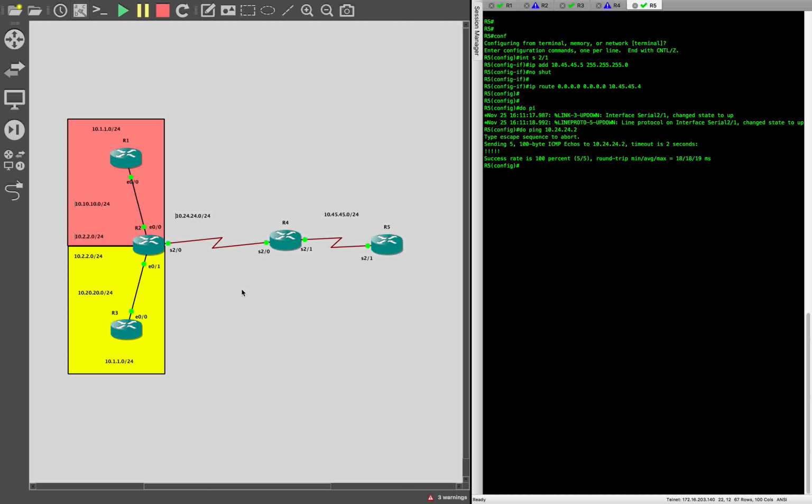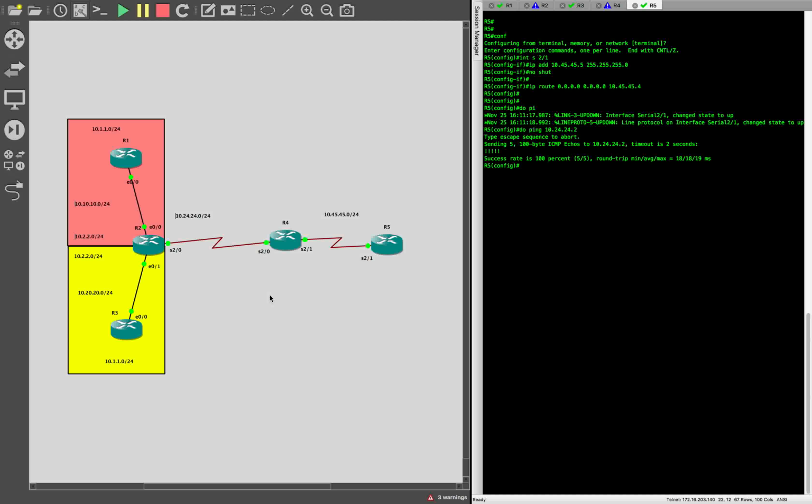Now we have to set up the GetVPN, right? So what we have done now is we have broken this router into two, so that we have like VRFs, and we have like set up VRFs over here. We have set up a VRF over here. We have like a customer A and customer B over here. We also have like a network here which is connected, which means R5 is connected to R2. They are reachable. Now what we got to do is we need to have a VPN setup, right? Because without VPN the data will not be encrypted. So whatever the data is getting transmitted inside my VRF over here or over here, it should still be encrypted,